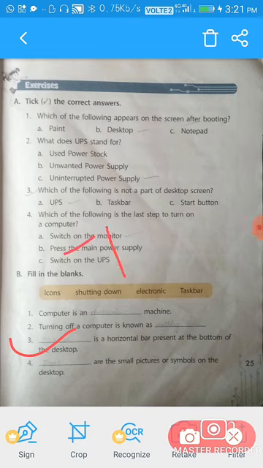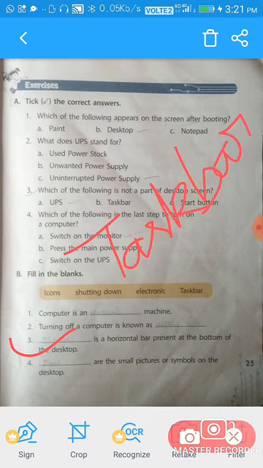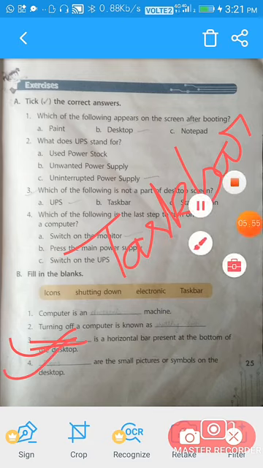What is the spelling of taskbar? T-A-S-K-B-A-R, taskbar. So you can write the spelling of taskbar on the blank. Now fourth is, are the small.